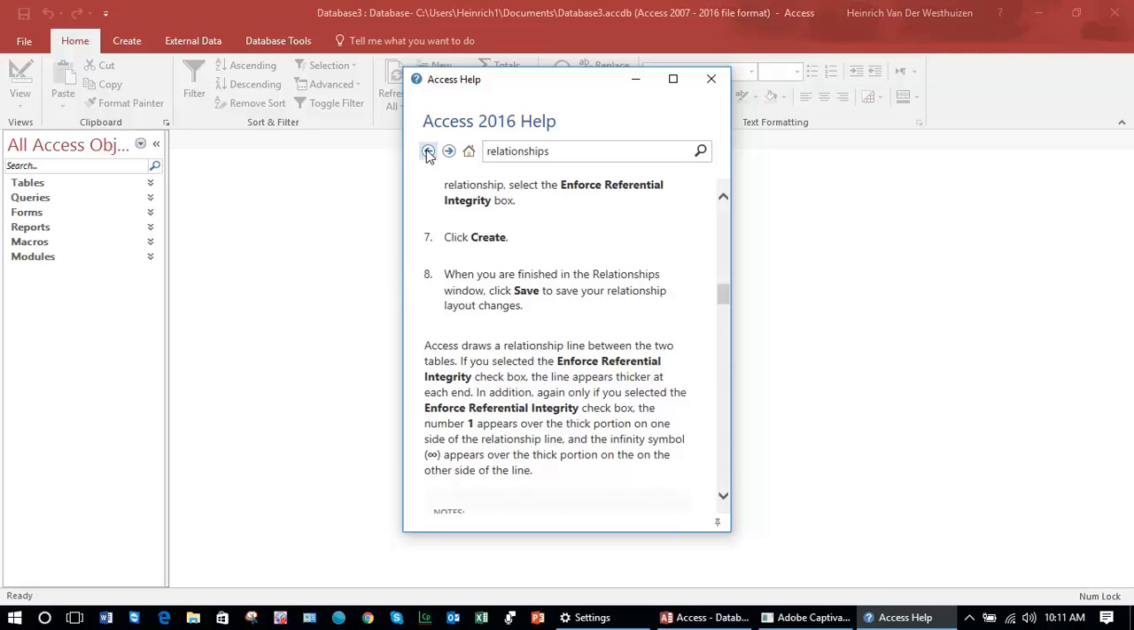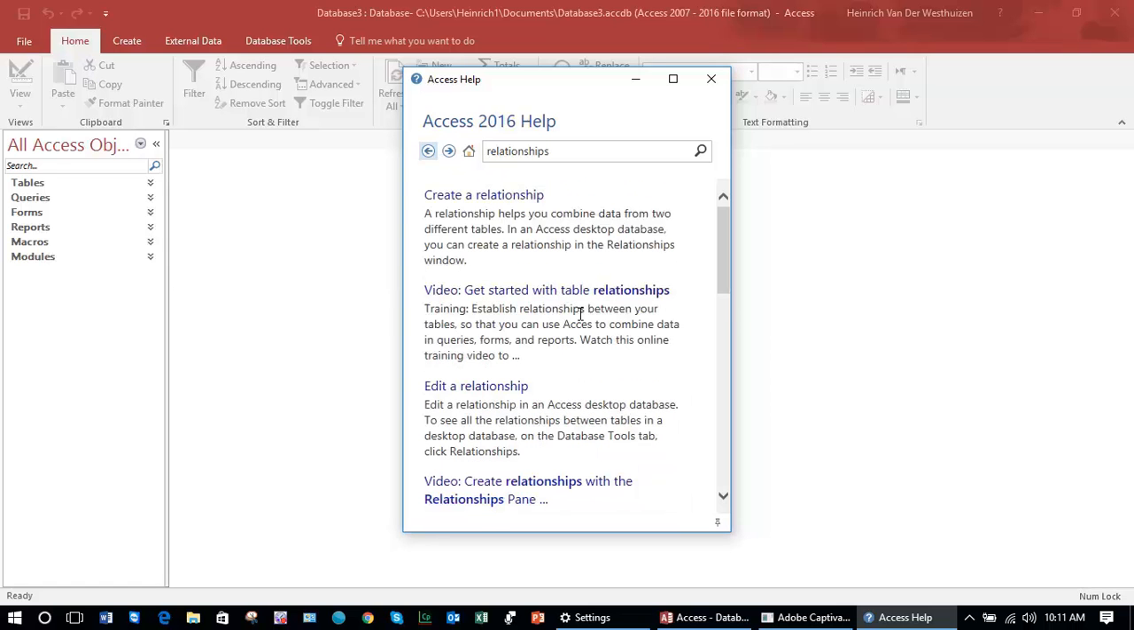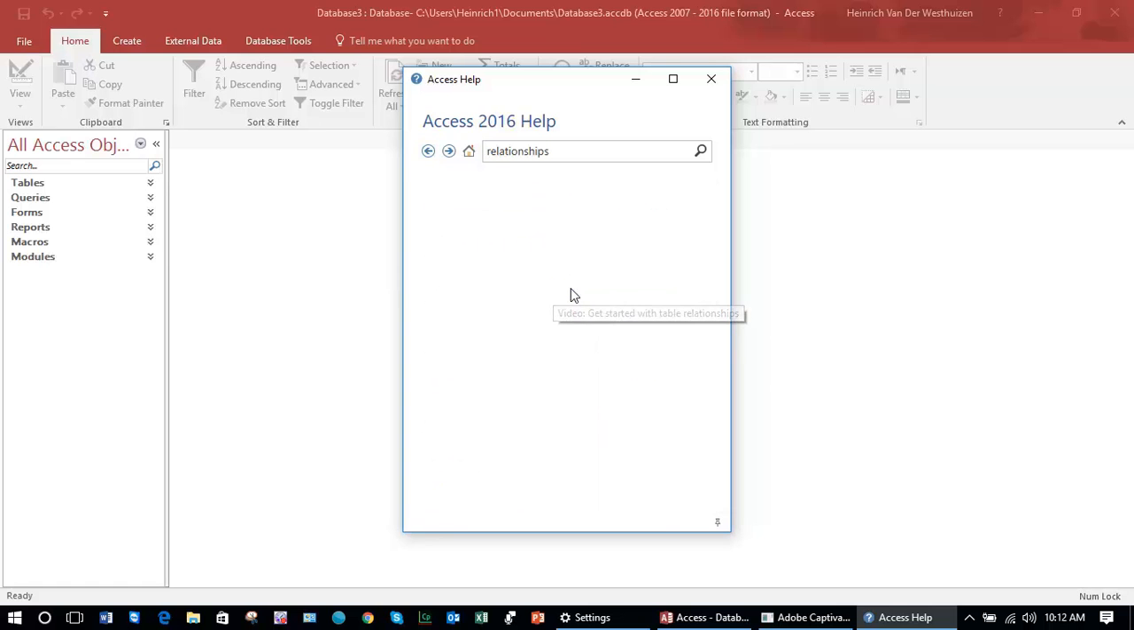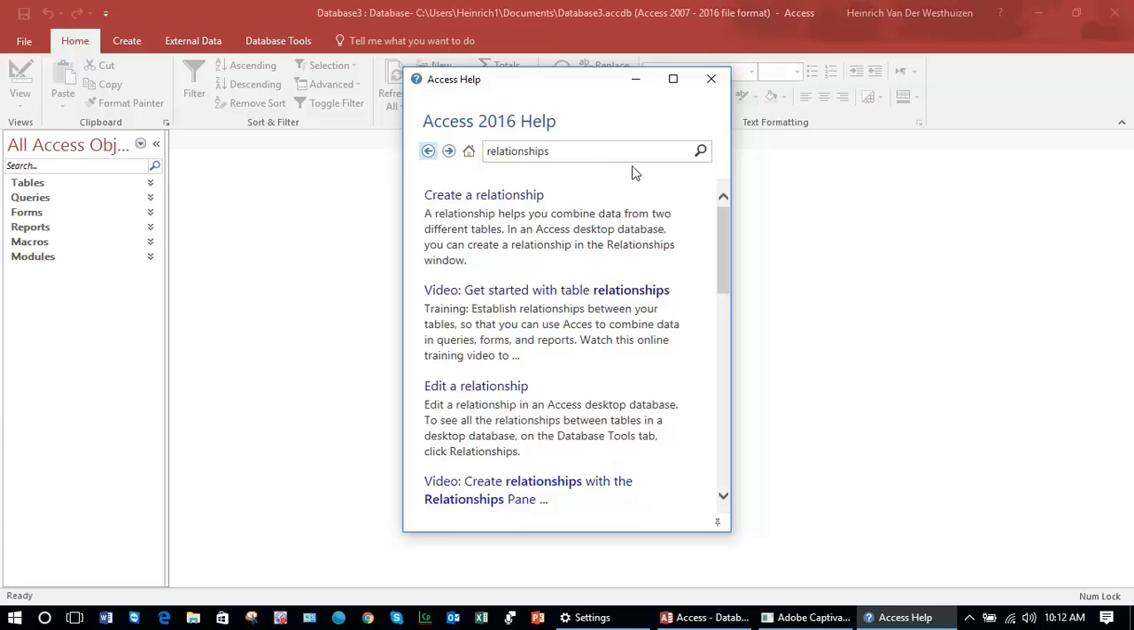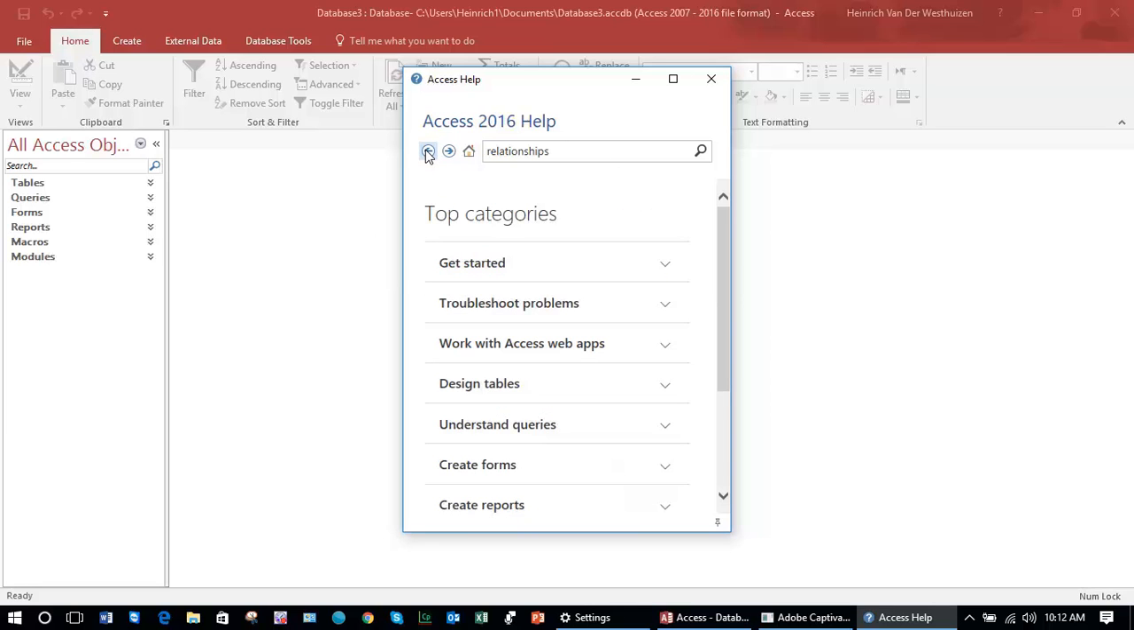If I move back to where we started from, clicking the back button there, I can also access a video about the topic of relationships. When I click on that, for instance, there are good videos about any of the topics that you might want to see explained in Access. When I click on the back button, the second way to access help is without typing in